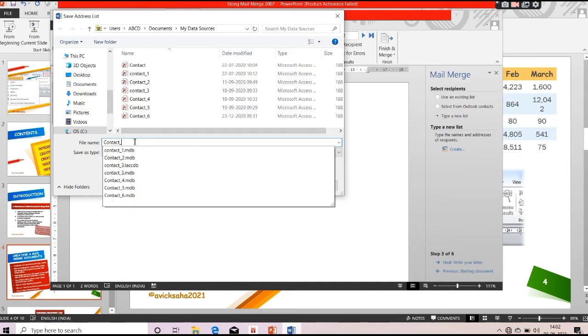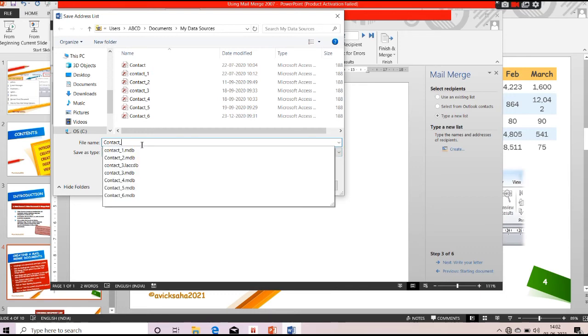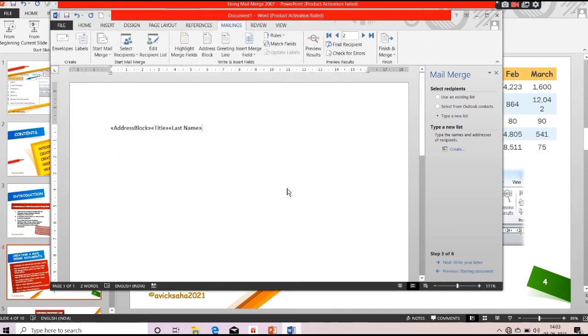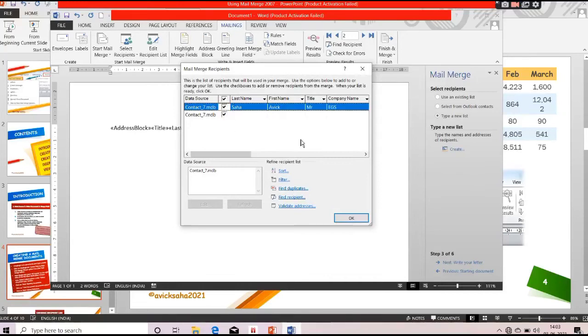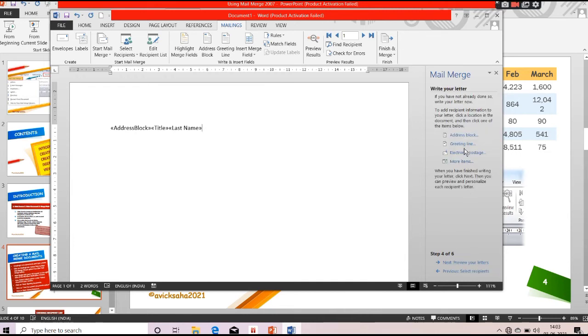contact underscore 7. If you see this, the file has been saved with MDB, that is mail merge database or mailing database. DB means mailing database. Okay, the extension has been given. Now you can see here, and after that you can select also, or else you can click next.